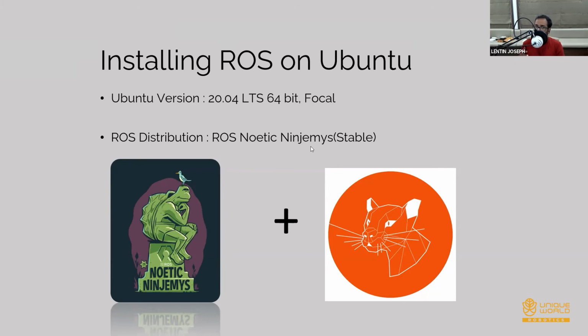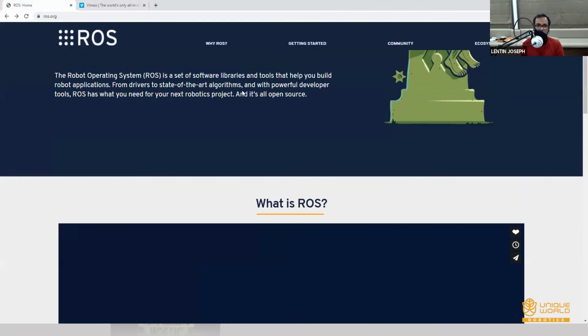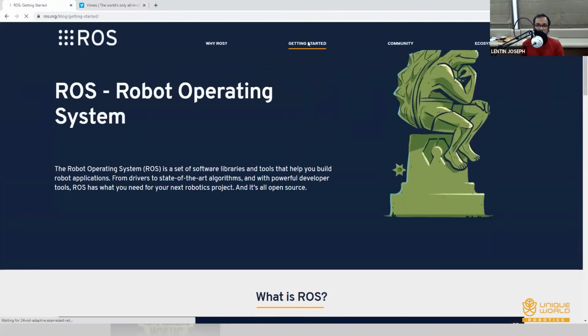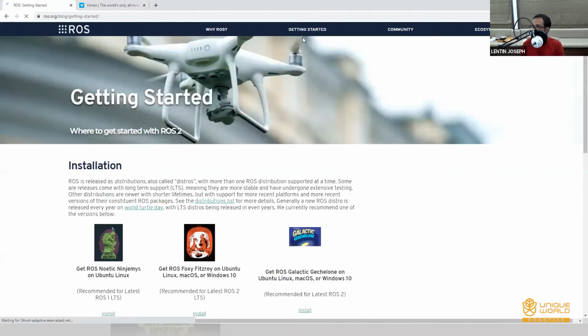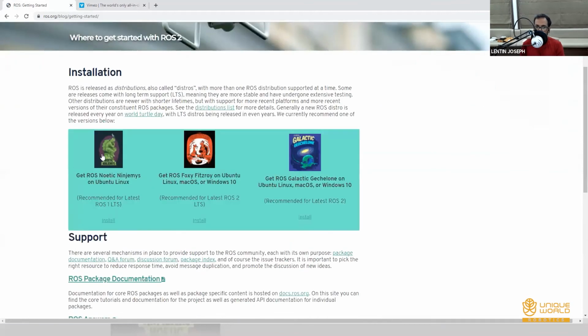So if you want to start with ROS, you can install ROS from the following instructions. There is an option called getting started. There are two versions of ROS, ROS 1 and ROS 2.